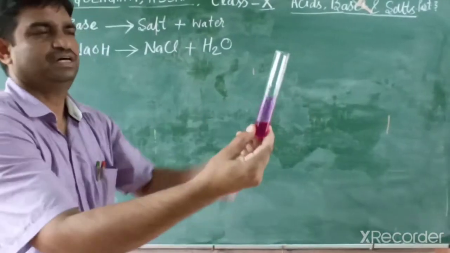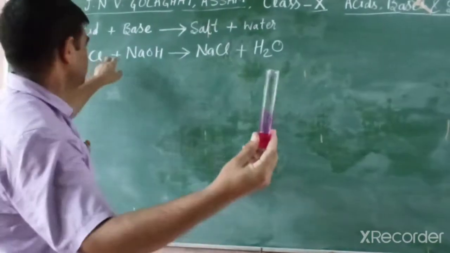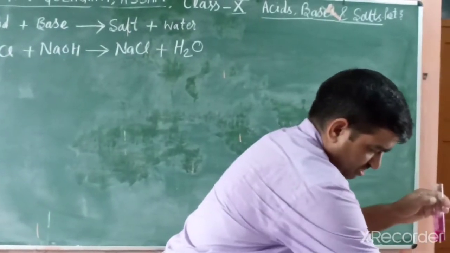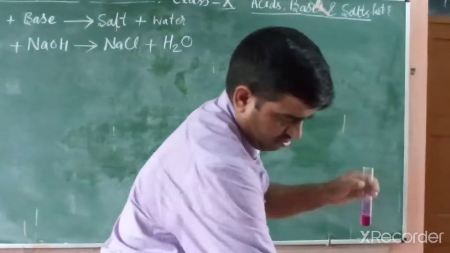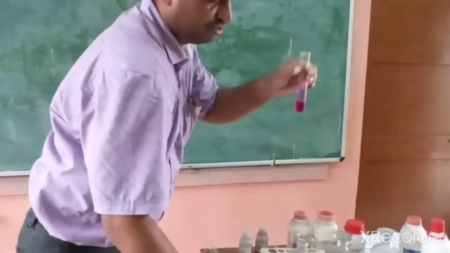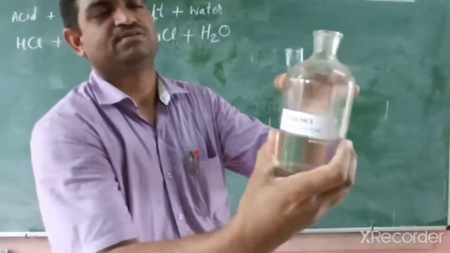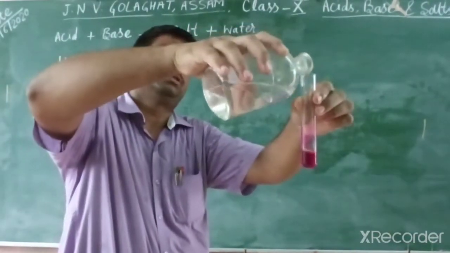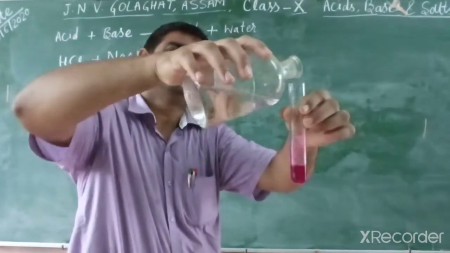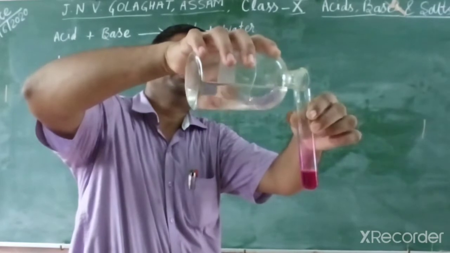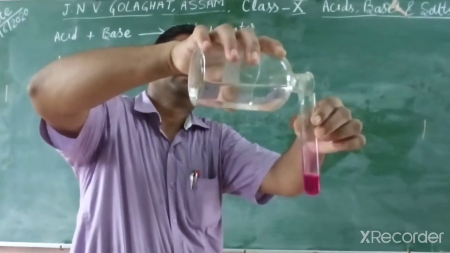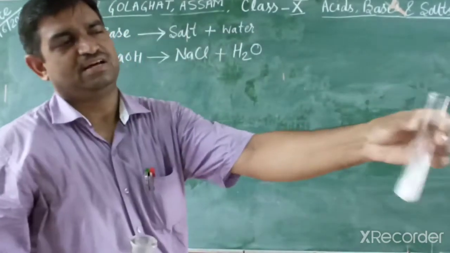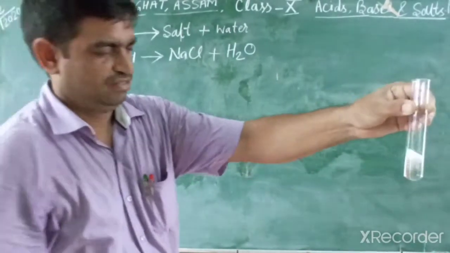But how do acid and base react? This one is base, sodium hydroxide, and if we mix in acid, I put dilute hydrochloric acid in this, then what happens? You see the acid-base reaction. What happens? You can observe this. Slightly, when I mix, its color totally disappears. Why does the color disappear?